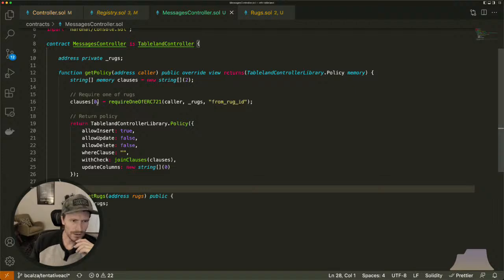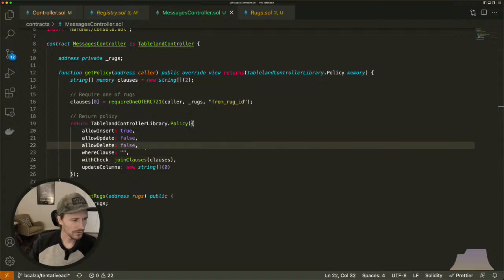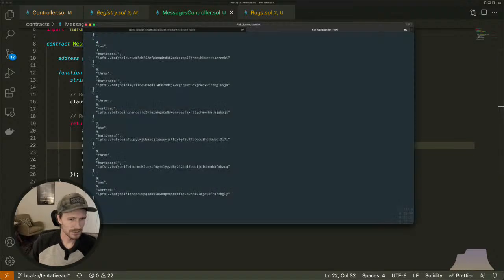Then we get a list of rugs that the caller owns, and we add this check onto the policy that says to make sure that the SQL statement, the insert statement, is only affecting rows that the caller owns. So I've actually already got that deployed,